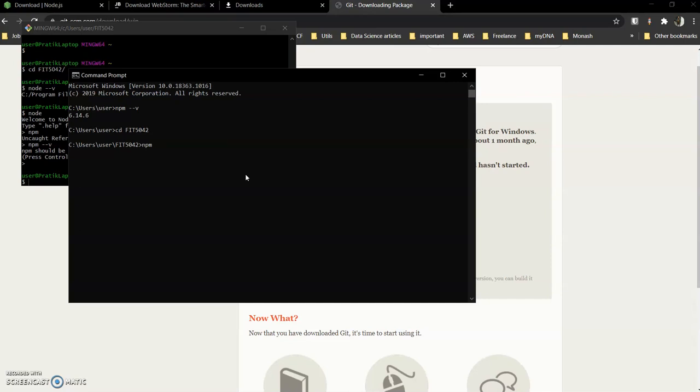We do that using npm install. The G here is a global indicator. Once we have this G, the package would be installed globally, not just specific to your folder.